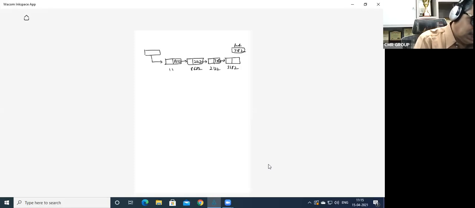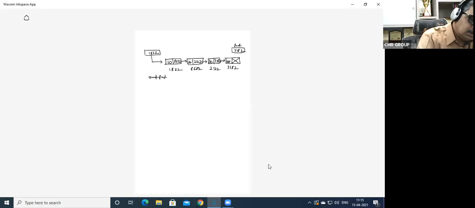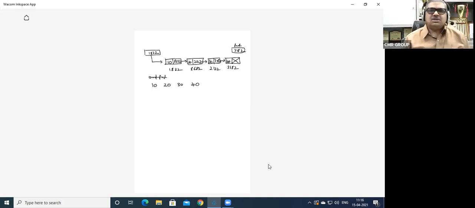And this is 1832, so this is 1832. And the values are 10, 20, 30, 40. Is this figure clear? What is the output I want now? Output I want is 10, 20, 30 and 40. Right? This is what I wanted.